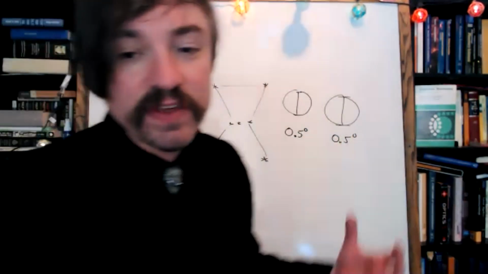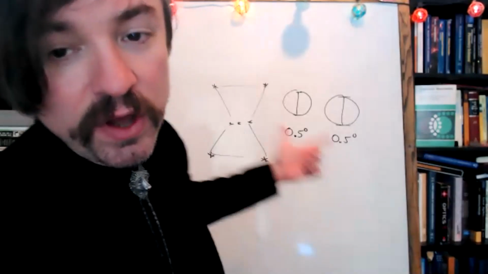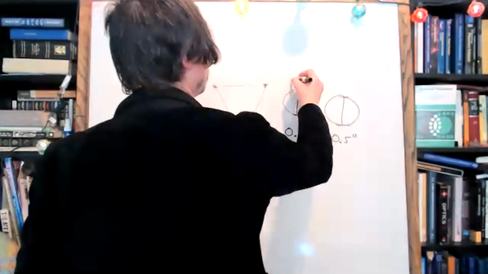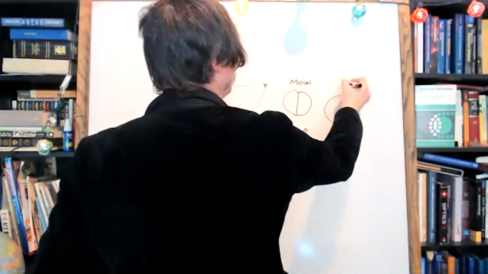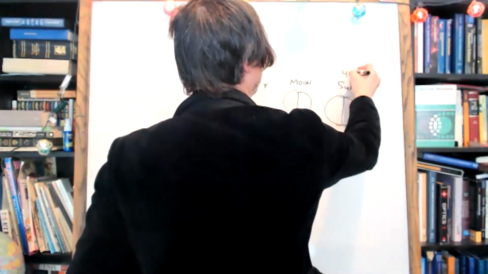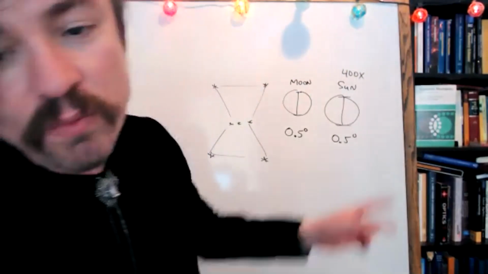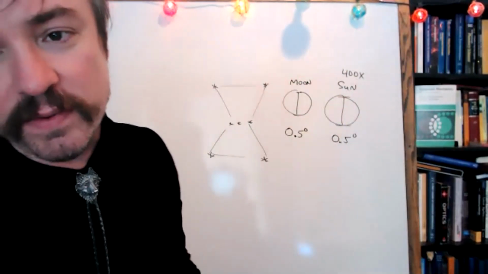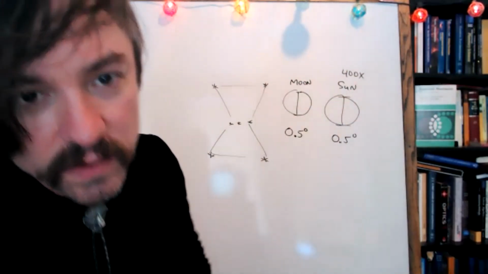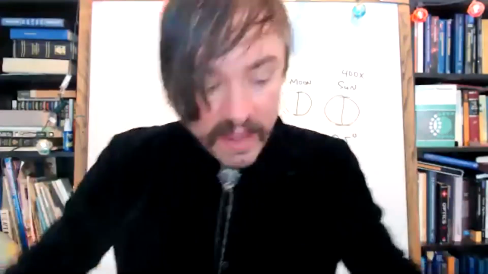If the angular size of the sun and moon are both 1/2 degree, what does it suggest, students, if Aristarchus computed that the sun is 400 times more distant than the moon? What would that imply about the sun and the moon? The sun is way bigger. Yeah, like 400 times bigger.